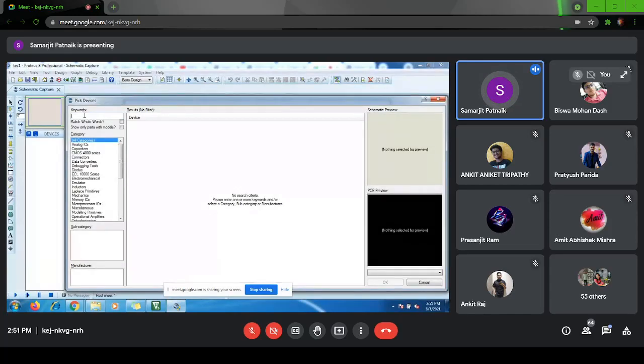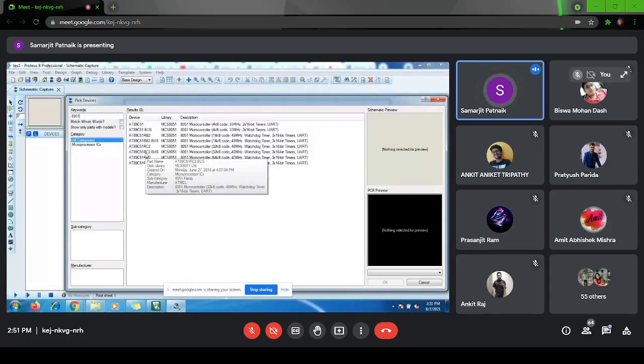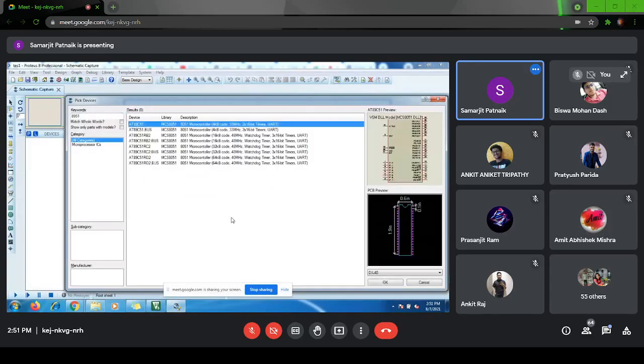Okay, once you open this pick device, you can search 8951. Just search 8951. So Atmel manufactures 8051 under the name AT89C51 series. Okay, so we will be using that.